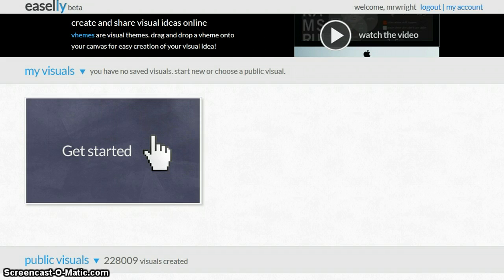So this past week we've been starting our chemistry unit and we've been going over physical and chemical changes. I know I've been talking to you about this web application called Easily that you will be required to use to create a visual organizer showing your knowledge of physical and chemical changes. So I'm going to get started on this tutorial on how to use Easily so it will make your